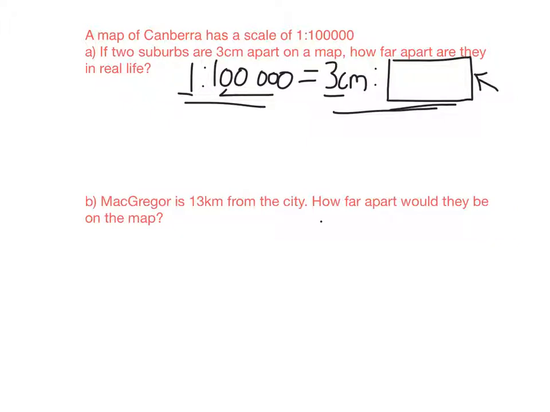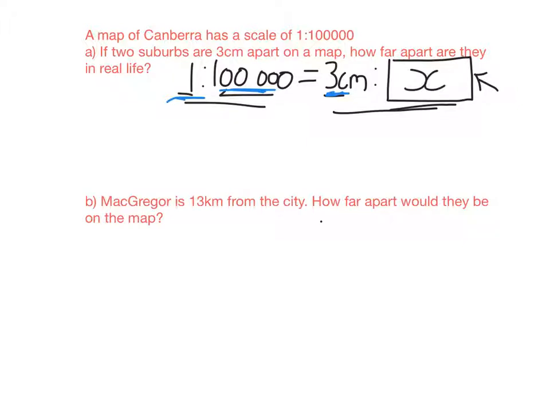are equal. So those who are smart and have a lot of common sense will realize that all you need to do is times by 3. So we've timesed by 3 to get from this number to this number. So for it to be an equivalent ratio, we times this number by 3 also. But if that doesn't make sense, if you're really worried about this, what you can do is put